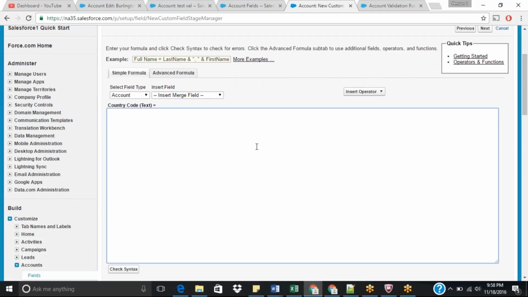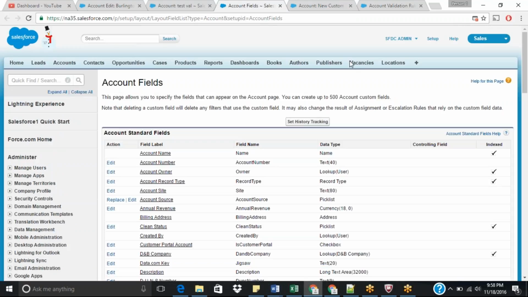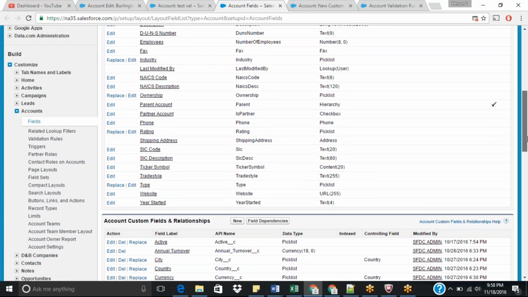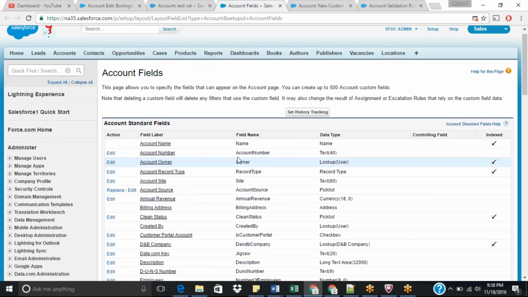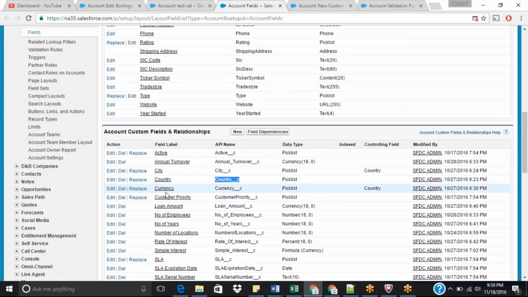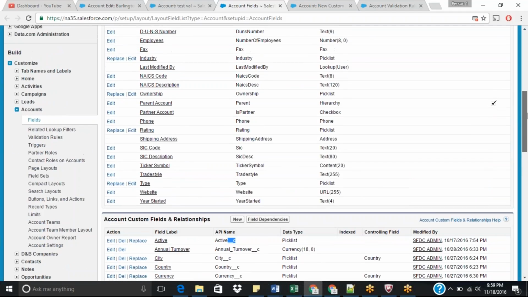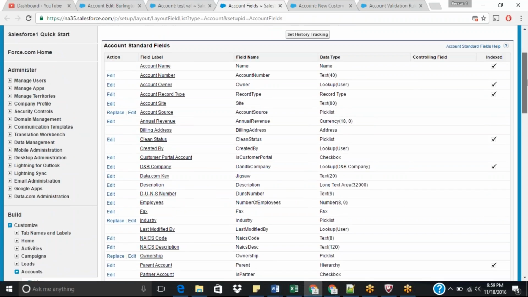and here we are going to write the formula for this formula field. So do we have the country field? We have a custom country field. All these fields are standard fields, account standard fields, and all the fields here are the custom fields. You can differentiate. If the field name ends with underscore underscore C, by default that is a custom field. Whenever you are accessing the fields, and whenever you are using these fields in any other places,